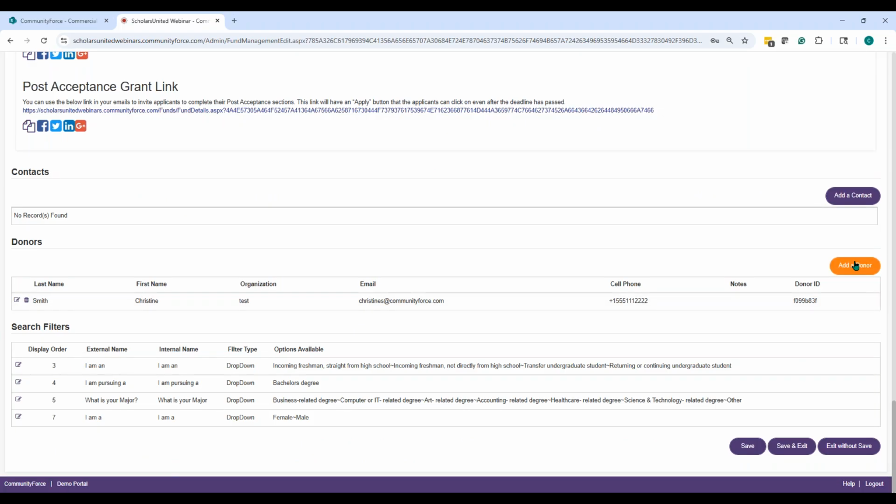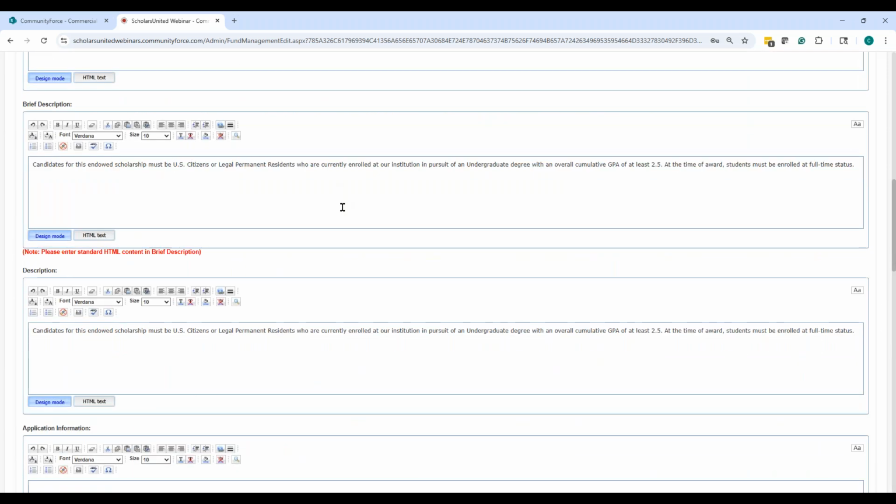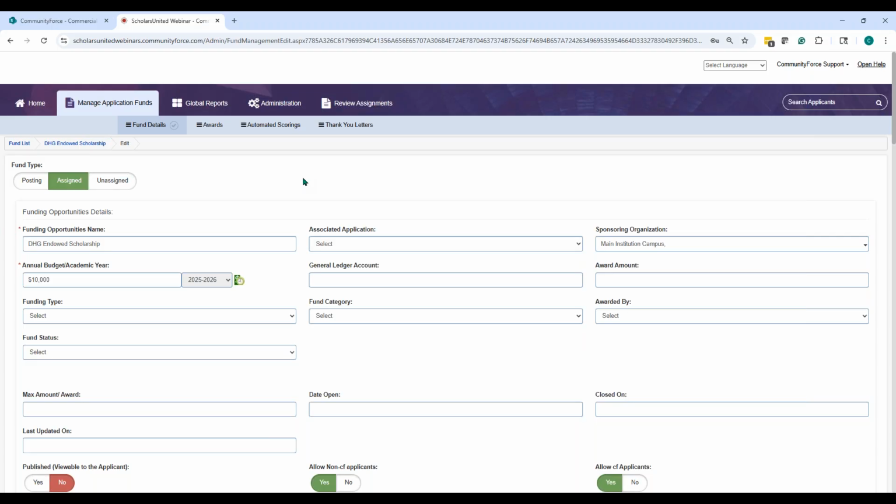You'll be able to click on edit and add another donor if this is not the correct donor in the system. These donors don't have an account built in the system, so you cannot set up a donor under the setup user screen. Remember that you're going to individually add donors that are not present as users within your CommunityForce platform.